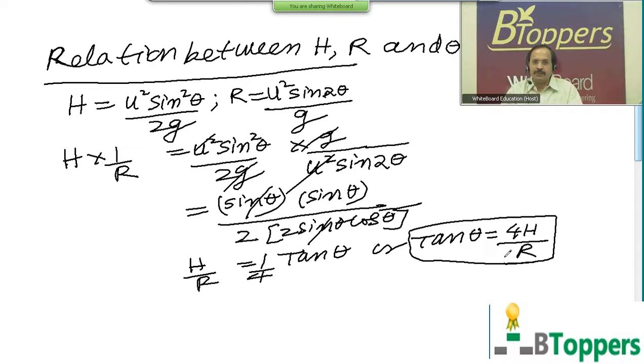This equation we directly use in a good number of problems. Particularly this equation we'll try to use in those examples where you are given the ratio of the range of the projectile and the maximum height. For example, if you are given the range of the projectile is 4 times the maximum height reached, then you can write R equal to 4H. Then tan theta you will get 1, or theta equal to 45 degrees. So whenever you are given the ratio of the range of the projectile and the maximum height reached, you can use this equation to find the angle of projection theta.